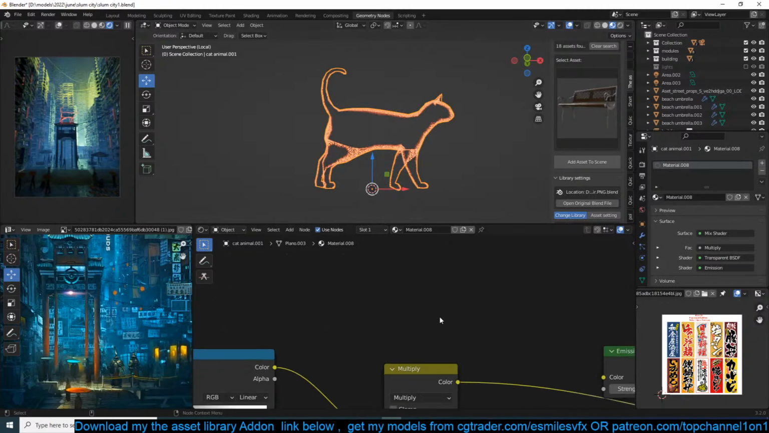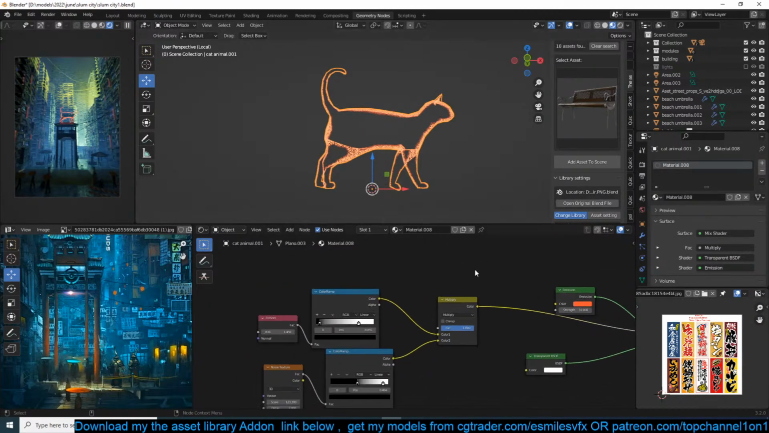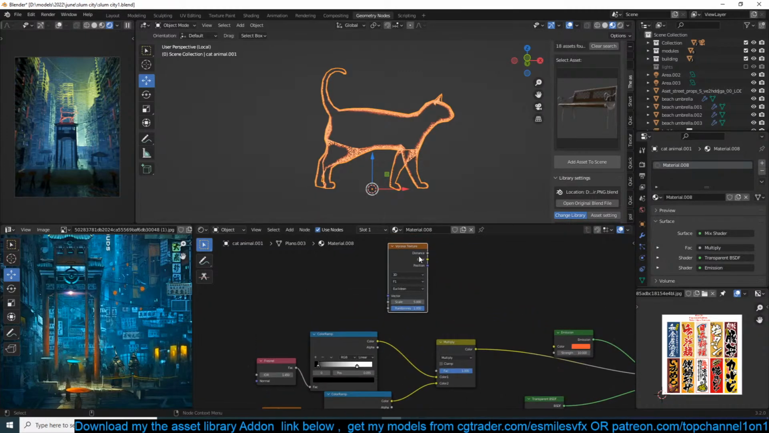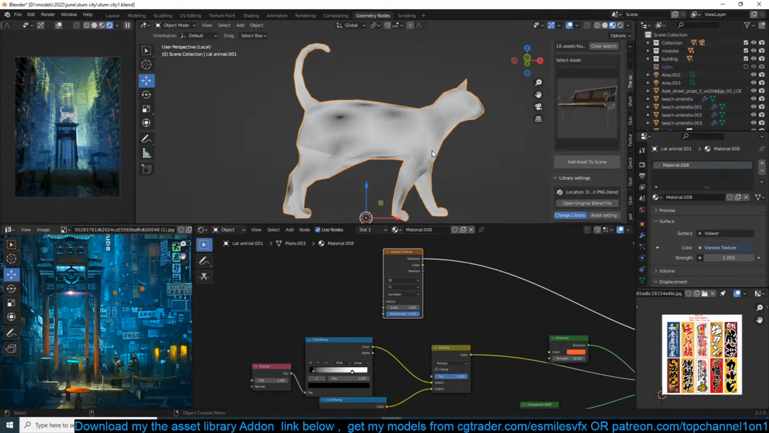Okay, I think we need some details in the inside, so I'm going to use a Voronoi texture. But this time we can use